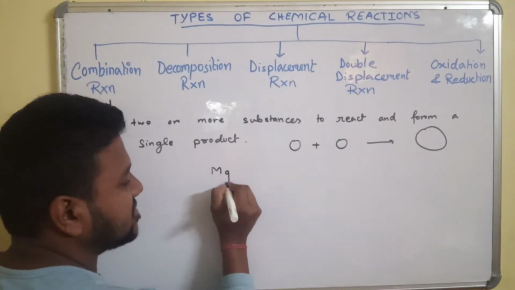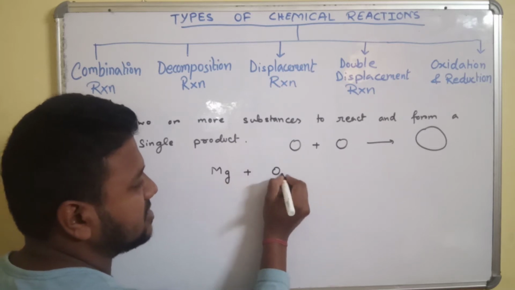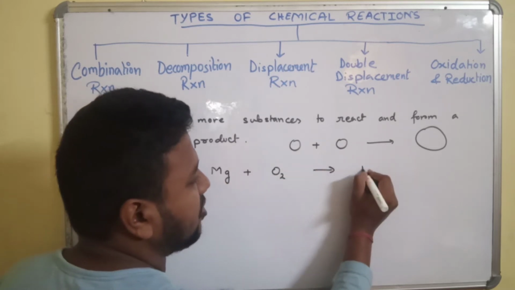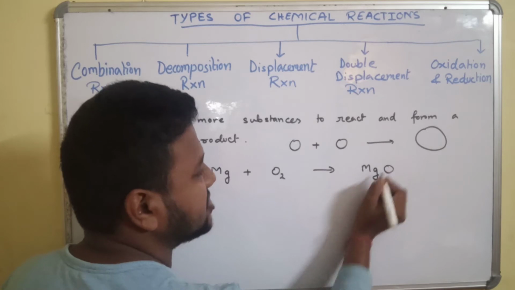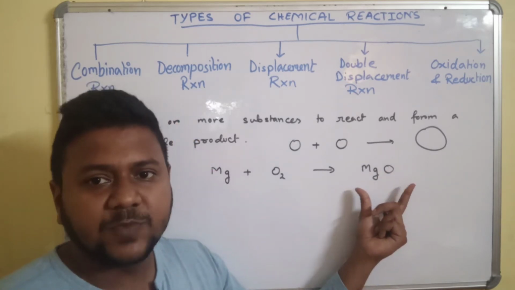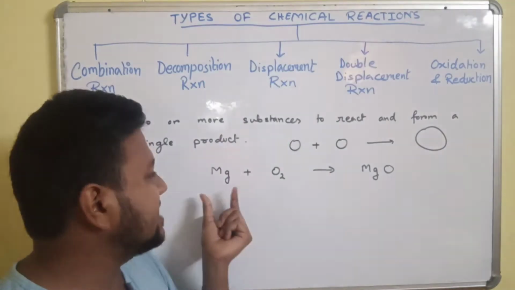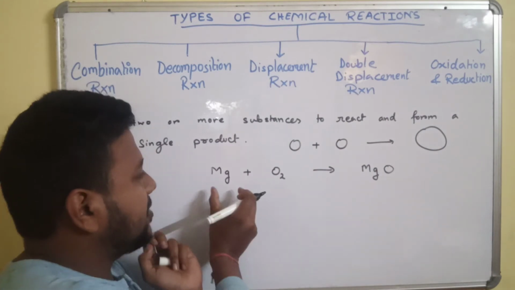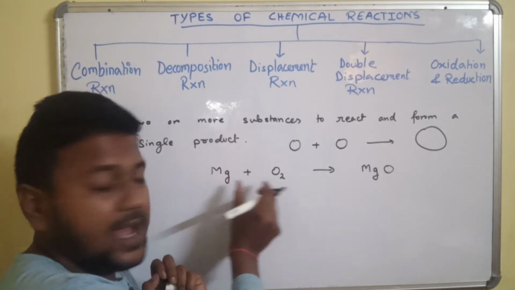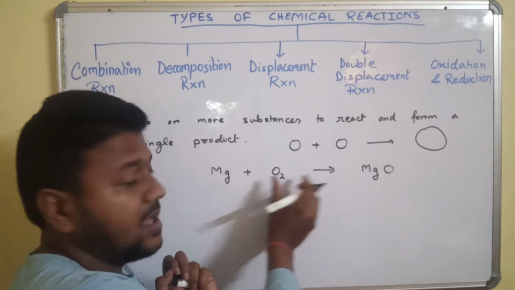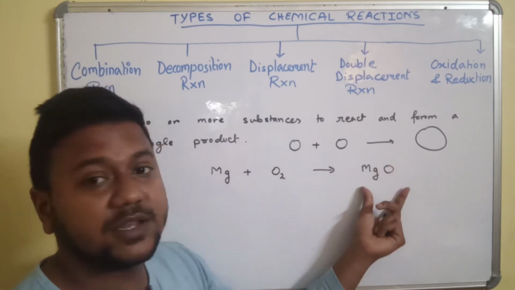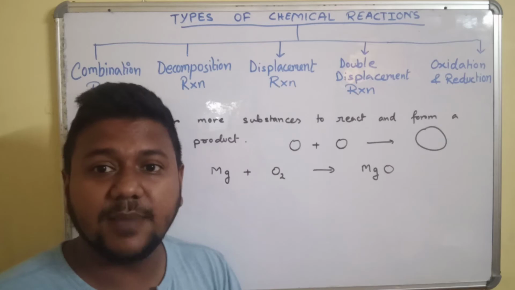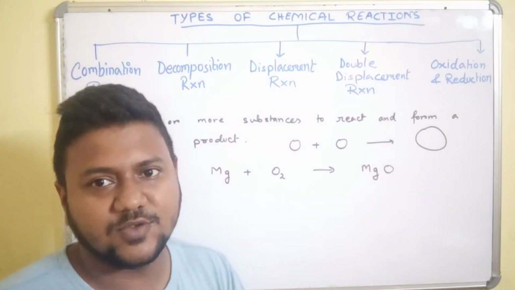So in this particular reaction we will go first with magnesium. When it is burnt in oxygen, it gives magnesium oxide. Now we know that in this reaction the reactants are magnesium and oxygen, and thereby they give the product magnesium oxide. As we have learned balancing, we will go on balancing the equation.